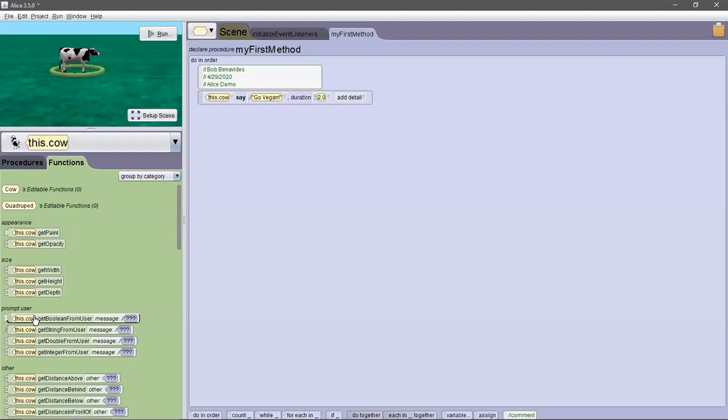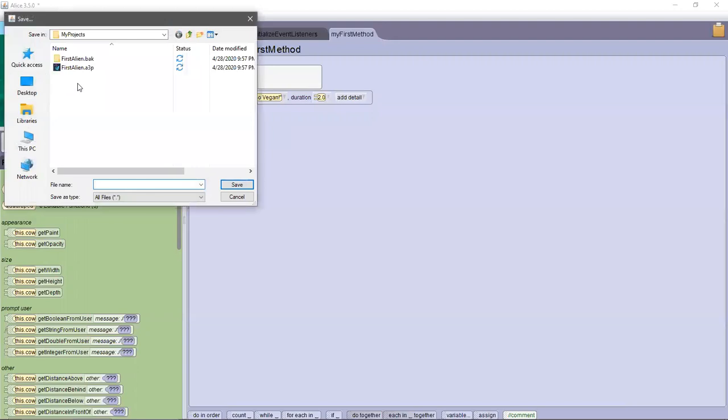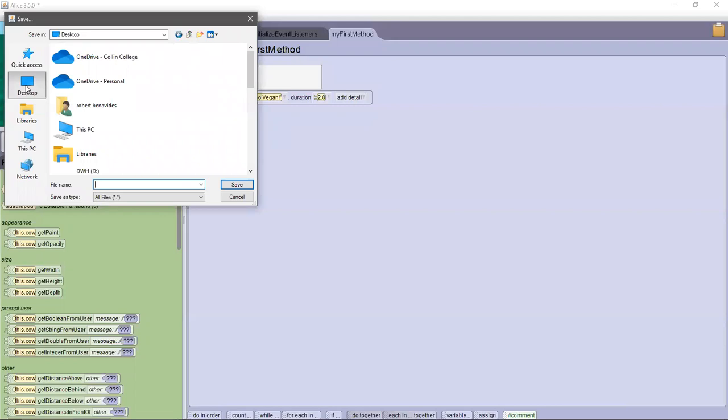So let's go ahead and save this, and let's save this to the right chapter folder. So I'm going to go File, and the first time you save, it's the same thing as Save As, right? I'm going to then drill down to my folder structure. Typically, it'll open up in the default file structure here. So we'll go to the desktop where I created. Remember, I put the folder there,